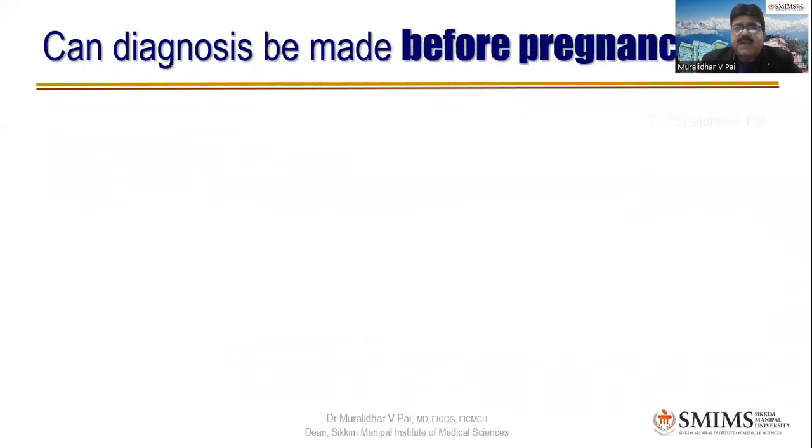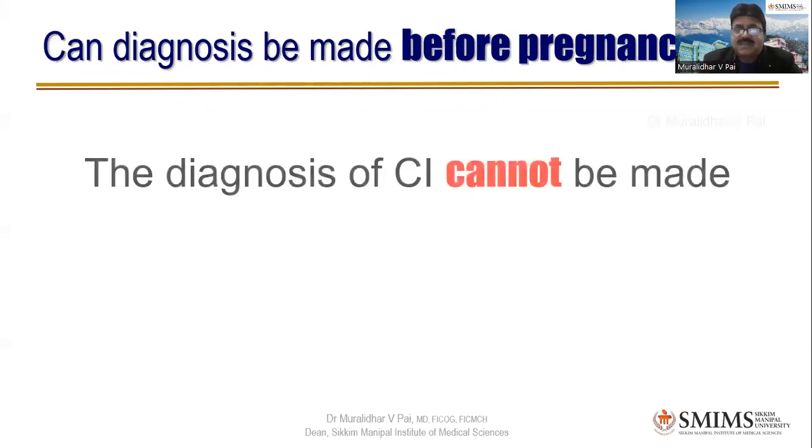Can diagnosis be made before pregnancy? Now I'm answering that question. I asked this question a couple of minutes ago. During my undergraduate days and early postgraduate days also, we used to say that in between pregnancies, you can take an X-ray or HSG, and you can put a number 8 Hegar dilator straight away if it goes, or you can put a Foley's catheter, inflate the bulb, and if you can easily remove it, all these things are gone. It's not done anymore.